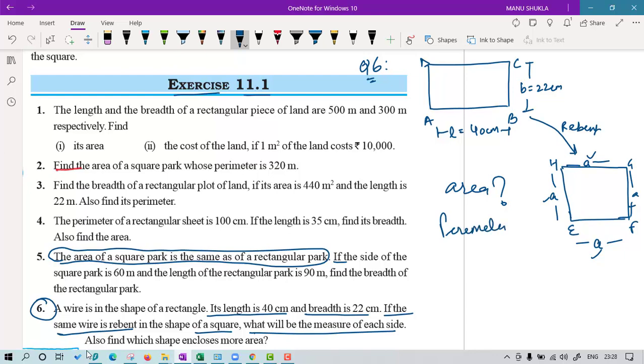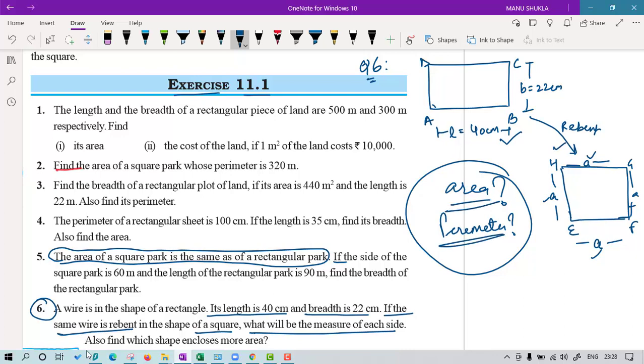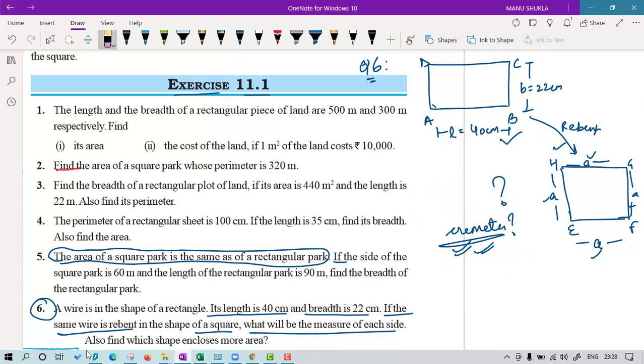If you have a wire that was in the shape of a rectangle and the same wire, without any cutting, you made into a square, obviously the length will remain the same because it is the same wire. So what is the same, perimeter or area? Perimeter is the same, because the length of the boundary is the same in both cases, so it is the perimeter which is equal in both of them. And if you have found this, it is very easy to find the answer.